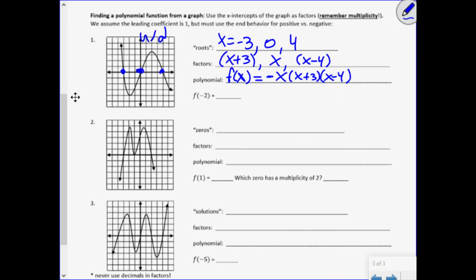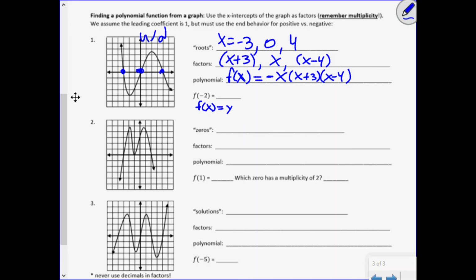Okay. And then just as a reminder, we talked about this in Unit 0. Do you guys remember what this is? f of -2. What does that mean? What am I asking for? A y value. Remember, f of x is the same thing as y. So if I give you that notation f of something, I'm asking for the value of y where x is